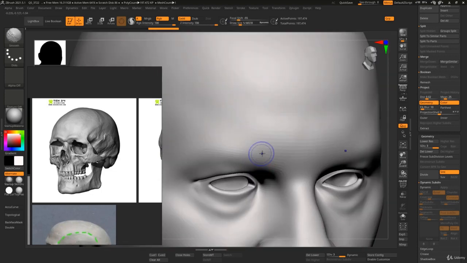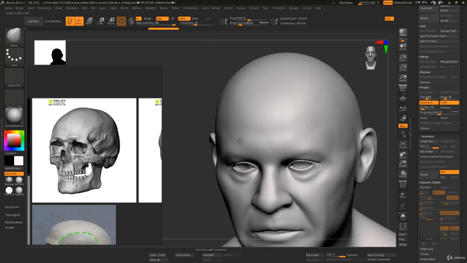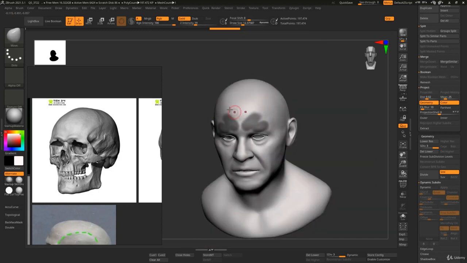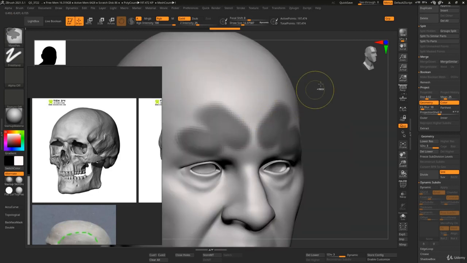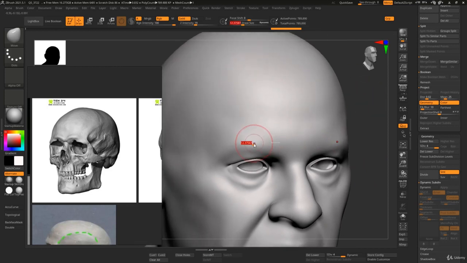Like in this case, it's still not dense enough, but we can start to make some. Yeah, let's subdivide it one more time. Okay,